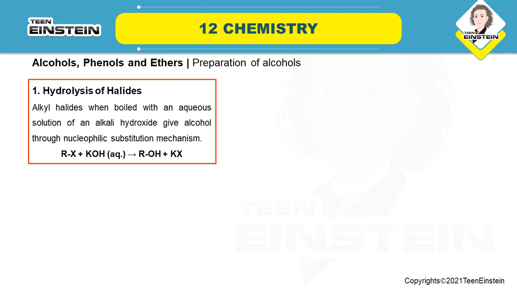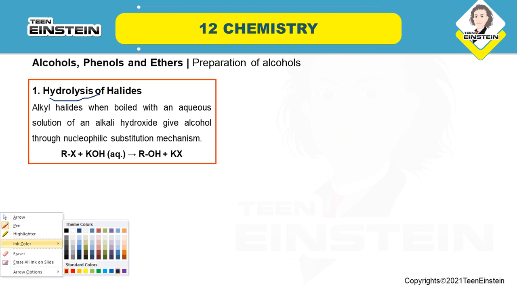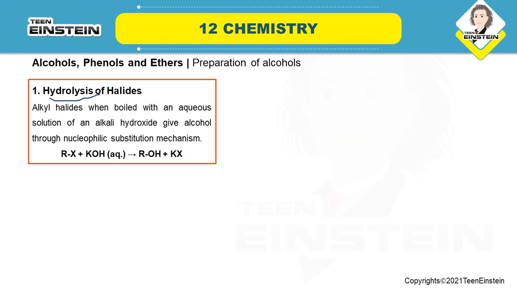Preparation of alcohols. How can we synthesize alcohols? There are different methods by which we can do so. The first method is hydrolysis of halides. Hydrolysis of halides, in the chapter that we have discussed before starting this one, that is haloalkane, haloarene, there we